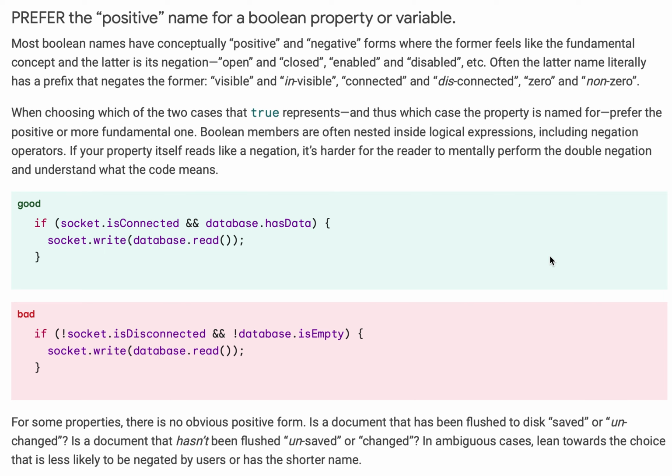This one is about naming for a boolean property or variable again. We should prefer the positive name for a boolean property or variable. For example,